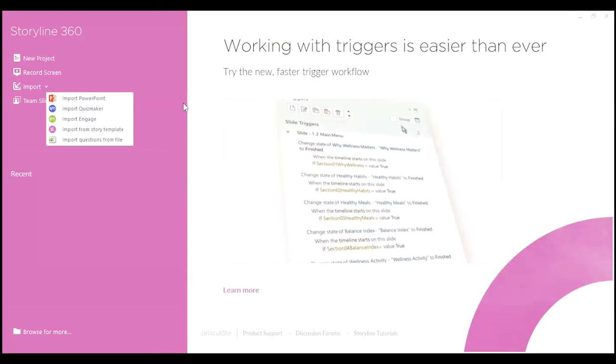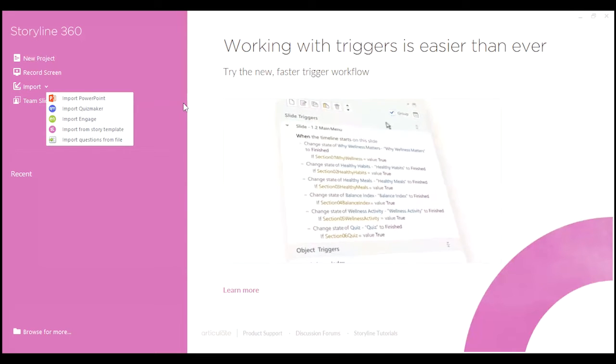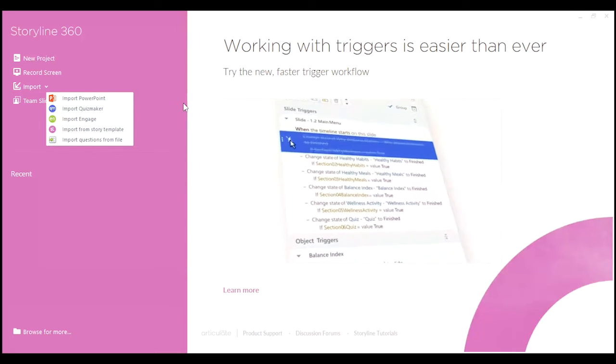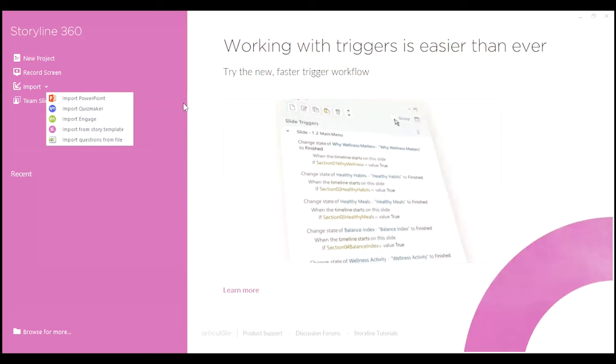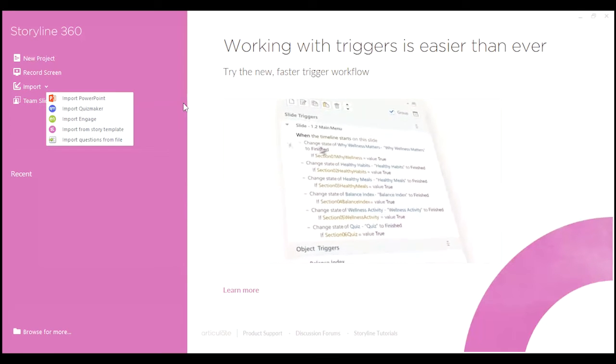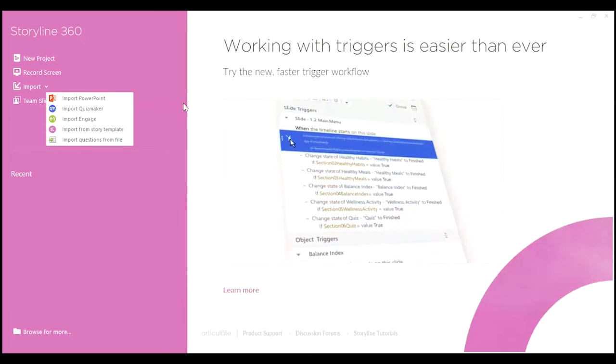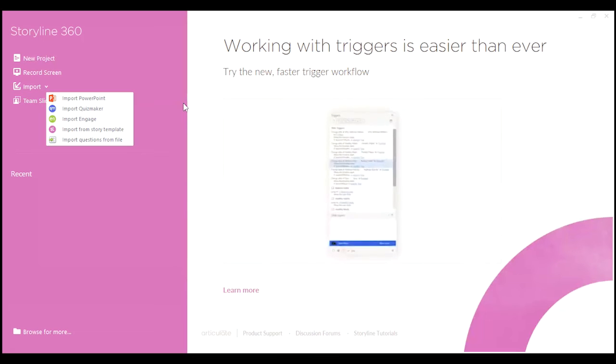The second option is to import a QuizMaker file. For those of my friends who are new to e-learning technology, or those of you who might be struggling in knowing more about how we can have the best question pool inside our Storyline template, this is an answer to that part of information.